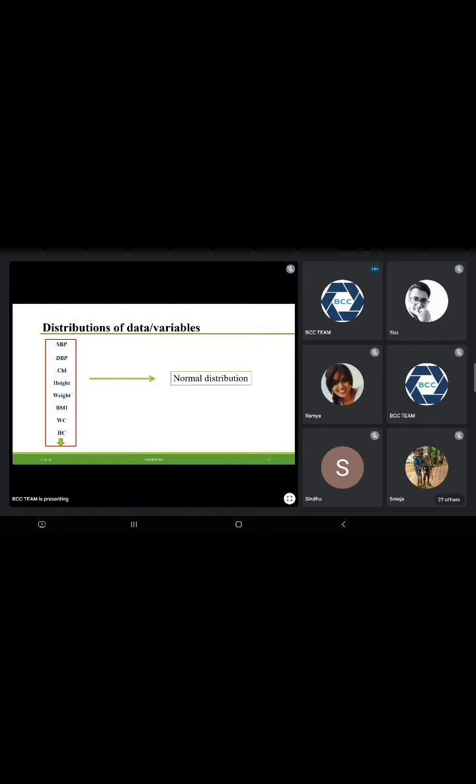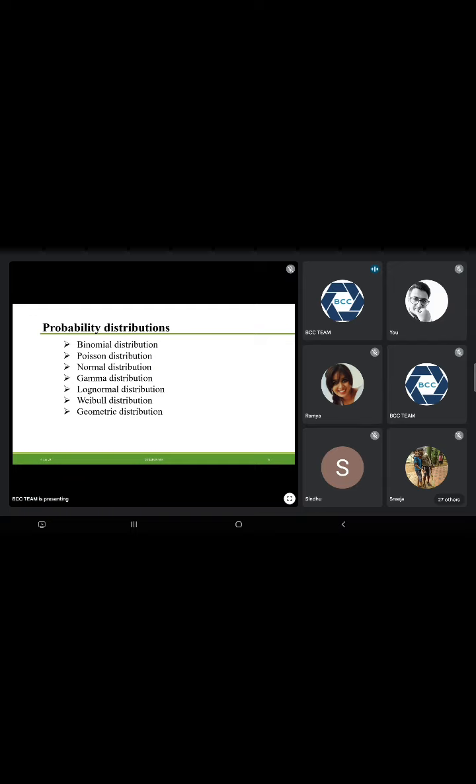So what I want to say is, based on the nature of the variable, different types of distributions are there. For example, there are more than hundreds of probability distributions available. Among the many distributions, the normal distribution is very, very important. Why is it so important? As Dr. Amita already mentioned, when you go for summary statistics, whether you should summarize in mean and standard deviation or median and interquartile range, that is the very basic level of any analysis, the descriptive statistics. There also we are making use of the property of normal distribution.